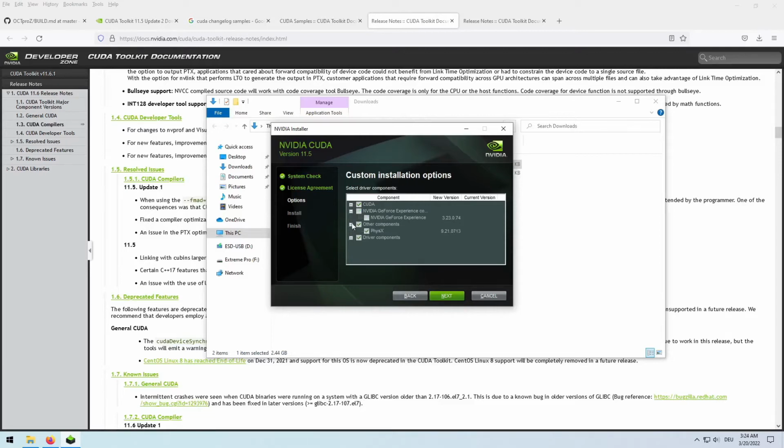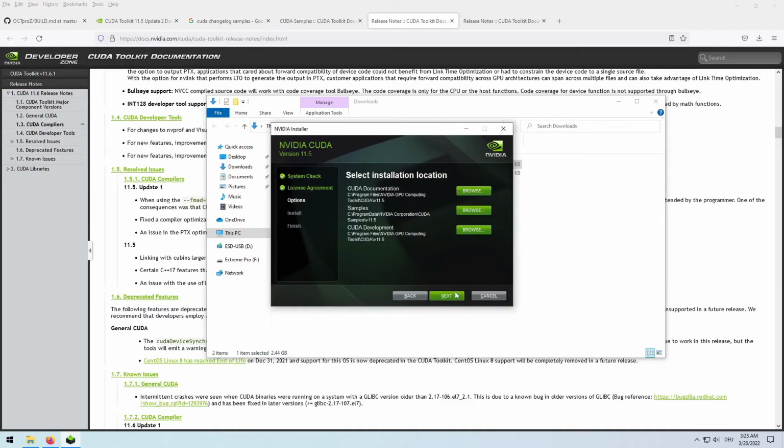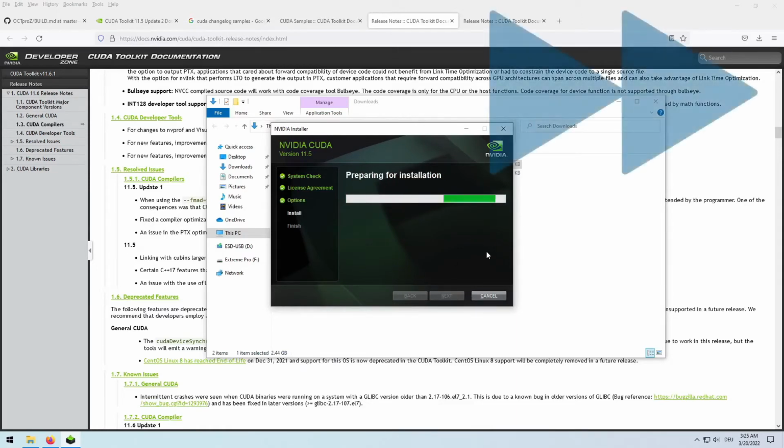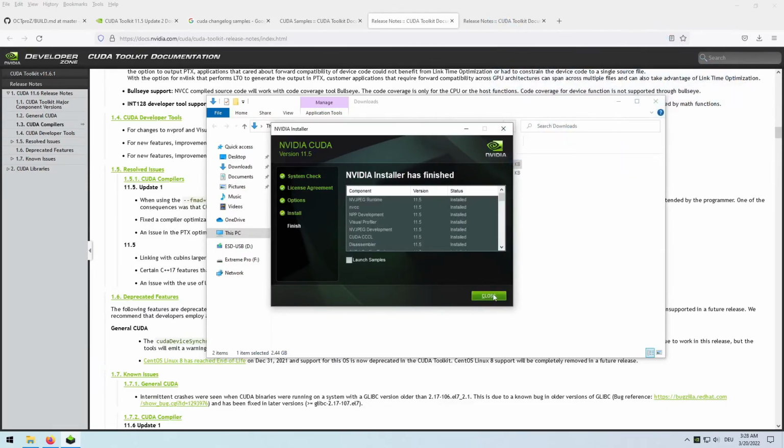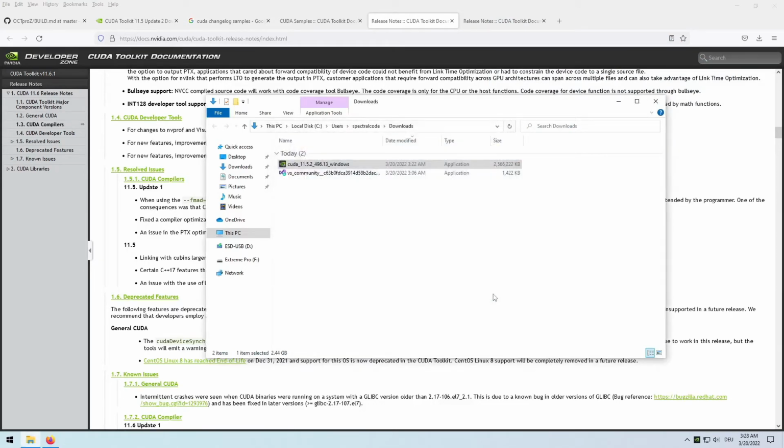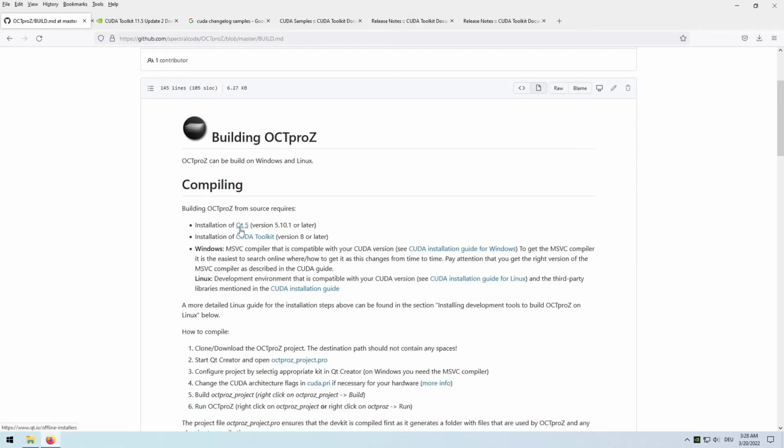We don't need everything here. We just need CUDA and the driver components. Okay, that's it. CUDA is installed. And now we can continue with Qt